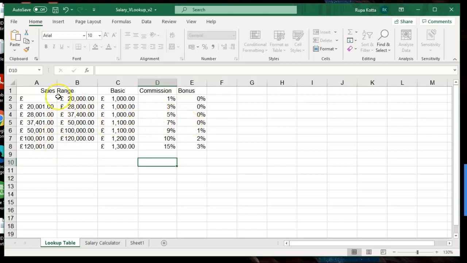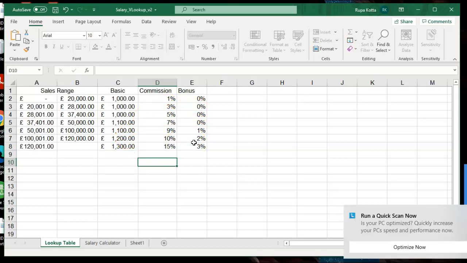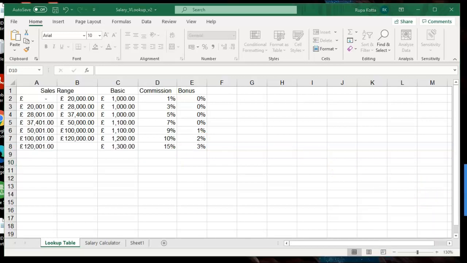So depending on the sales made by each salesperson, the business decides their basic, commission and bonus. The more sales the person makes, the more bonus and commission they will get, and the more salary they will earn.